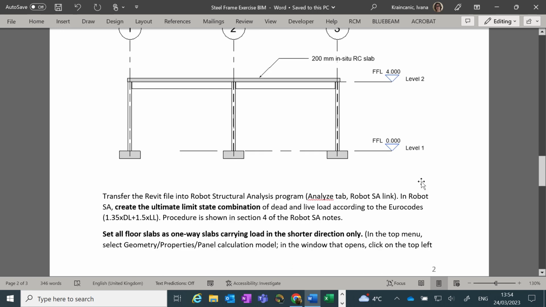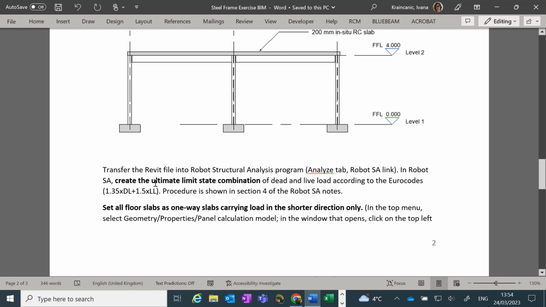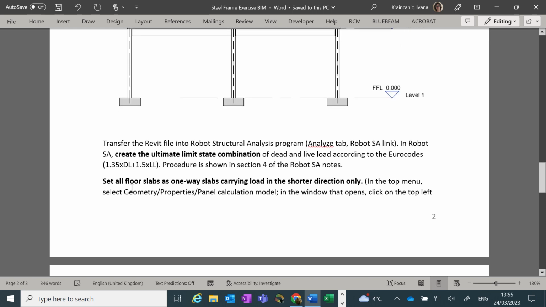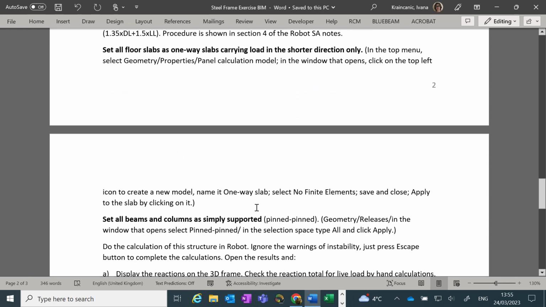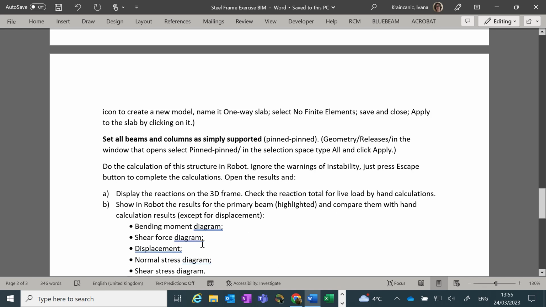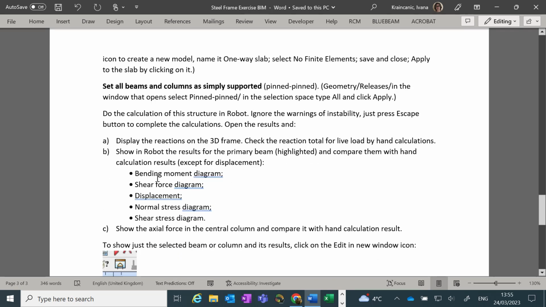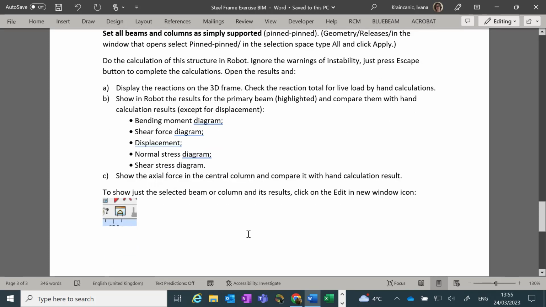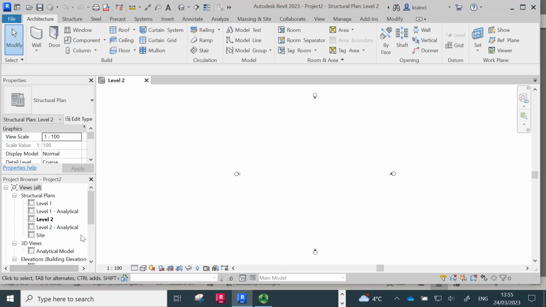After transferring into Robot, you need to create the ultimate limit state load combination based on Eurocode, and also set all floor slabs as one-way slabs, and all beams and columns as simply supported. And do the analysis in Robot to find bending moment diagrams on beams and shear force, displacement, normal stress, shear stress diagram, and also the axial force in the central columns. So this is the task, and I'll first in Revit go to the elevation view,